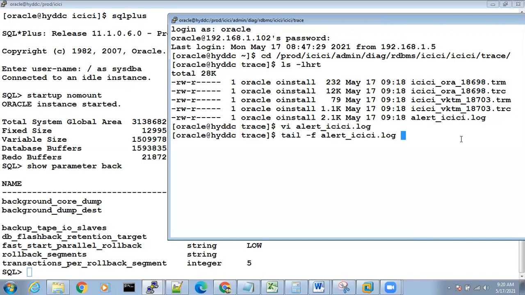So what is this tail? Tail means there are two things: one, head, second, tail, right? Head means top, tail means bottom. There are two commands, head and tail. You can see the head of the file, you can see the tail of the file. If you give the head command, it will show you the top lines in the let log file, the top 10 lines. If you're using tail, it will show you the latest lines, the latest of what's happening in the database.